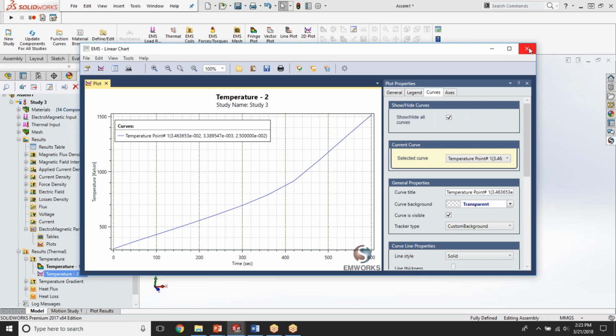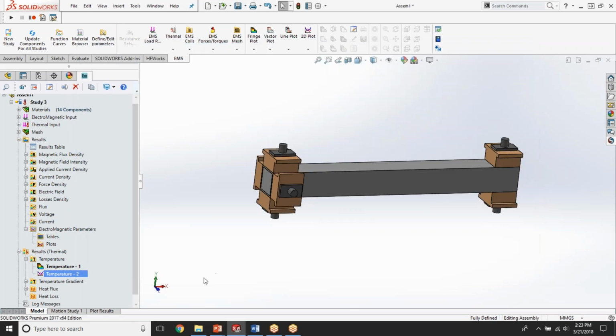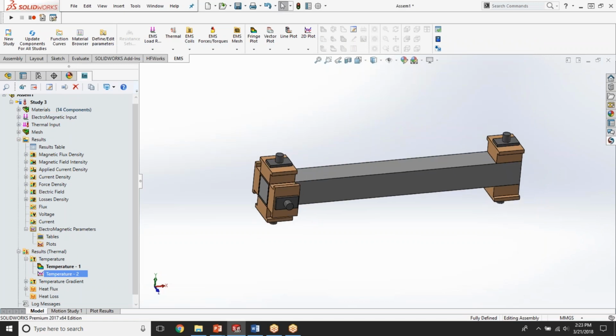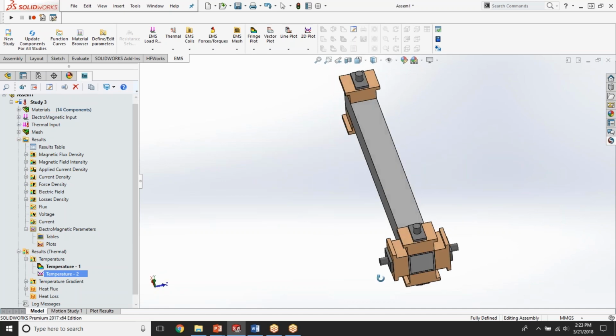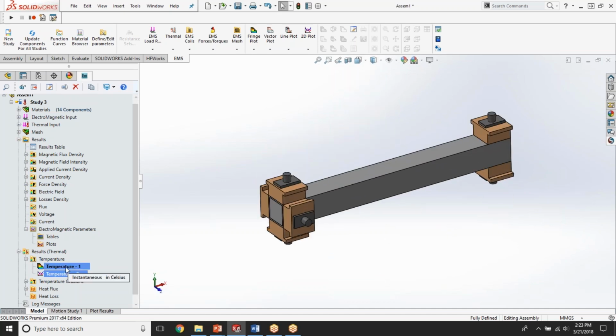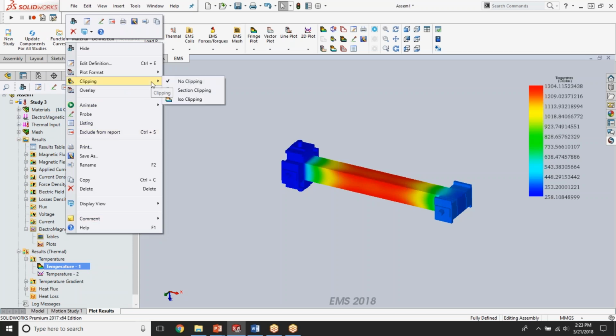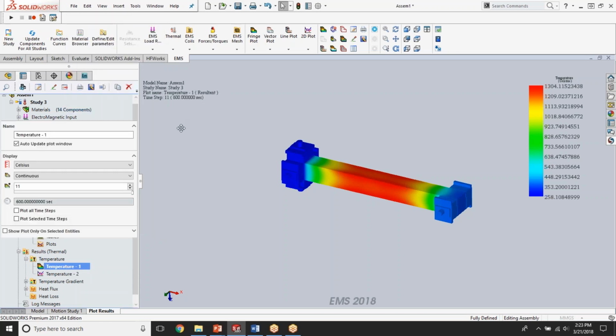You can plot results either in kelvins or in Celsius. As I've mentioned, a parameter which is quite important is how uniform the temperature distribution is in the bar, in the workpiece in general. To see how evenly the temperature is distributed on the cross section plane of the bar, you could maybe right-click on this temperature plot we had, and then select clipping, and then select section clipping,